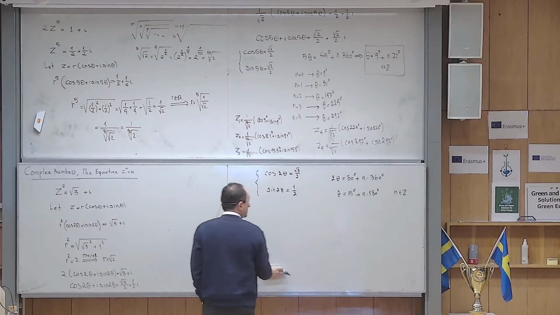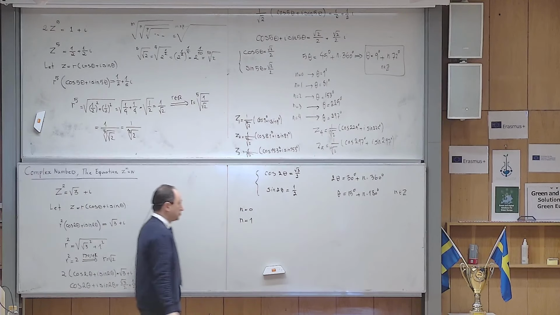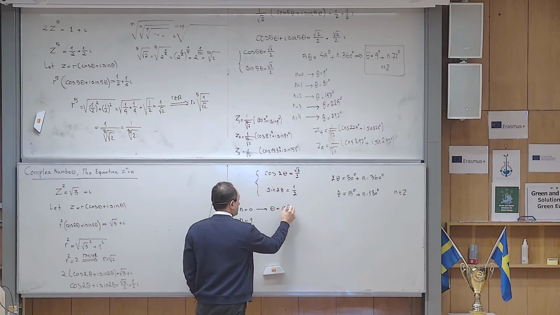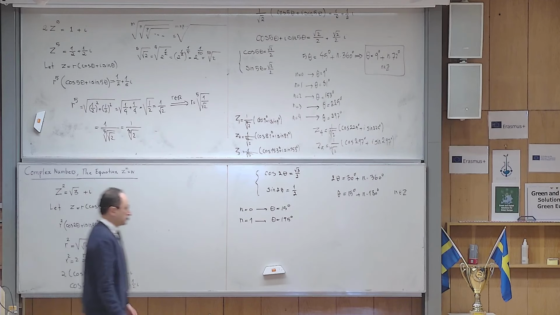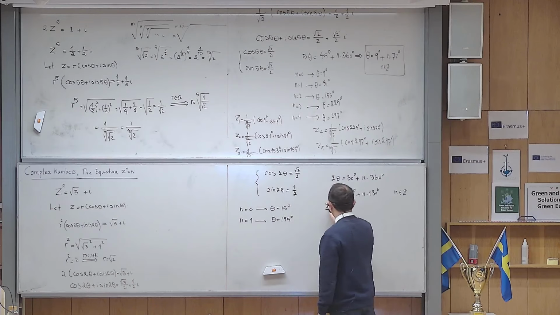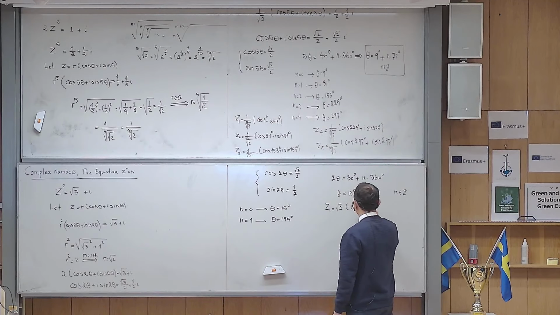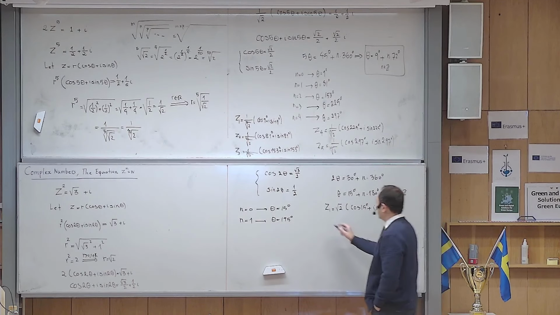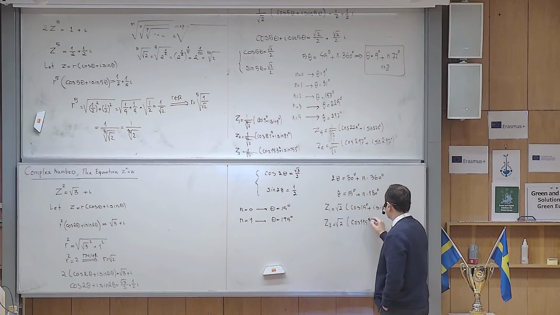So what we do, we actually put 0 and 1 only. Okay, so if I put 0, theta becomes 15 degrees. If I put 1, it becomes 195 degrees. And then everything is ready. I put it back into the z. I will get 2 answers. So z1 is r, which is the square root of 2, times cosine of 15 degrees plus I sine of 15 degrees. The other one is z2, square root of 2 cosine of 195 degrees plus I sine